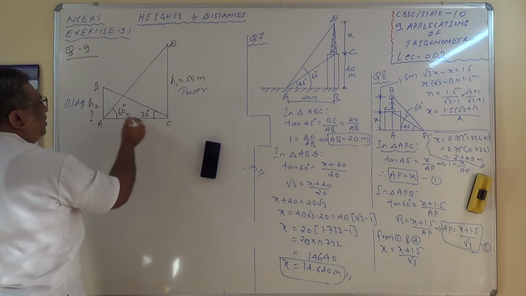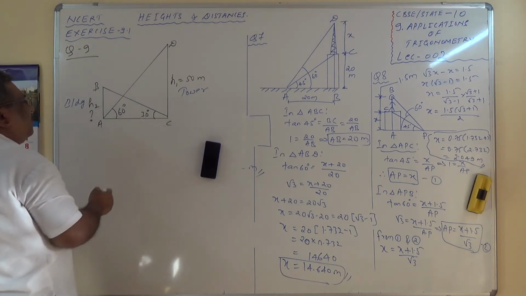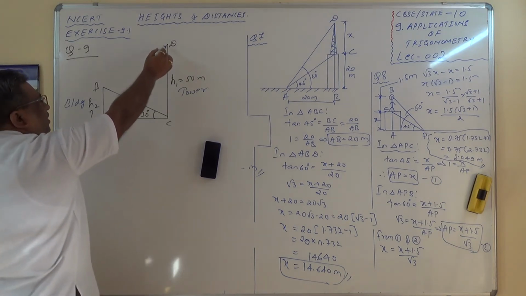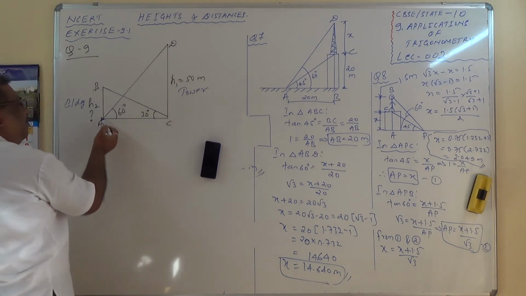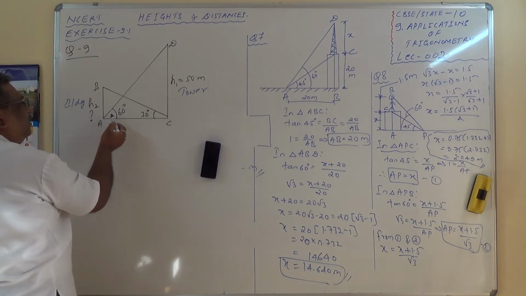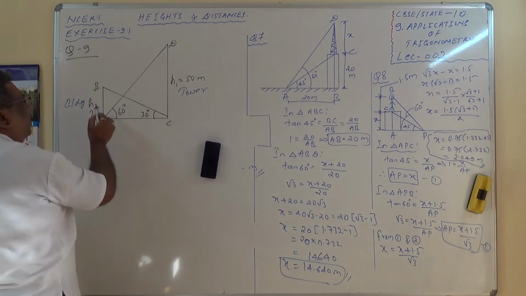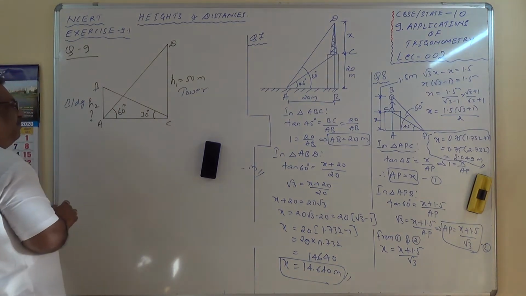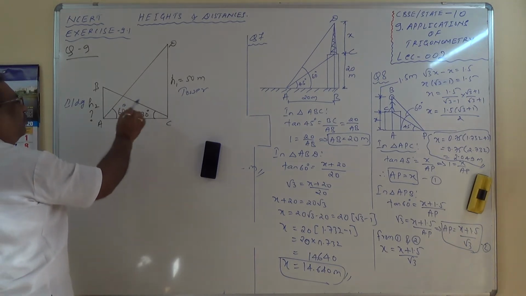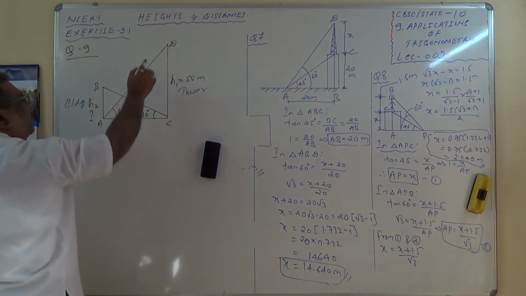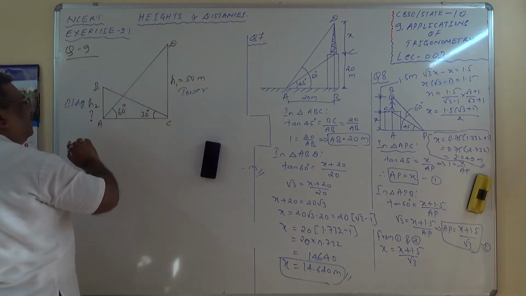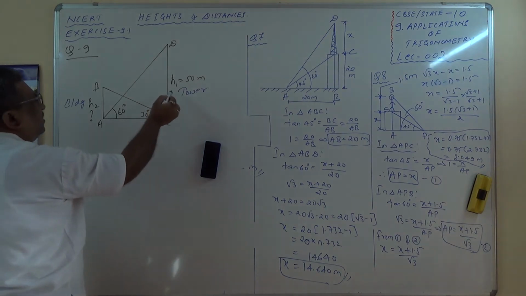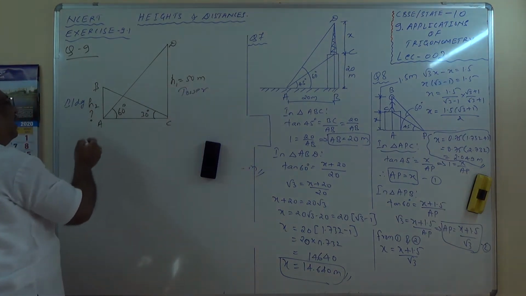So in this triangle, 60 degrees is given. AB is a building, CD is a tower. When we observe the top of the tower from the foot of the building, the angle of elevation is 60 degrees. When we observe the top of the building from the foot of the tower, the angle of elevation is 30 degrees. So these are two opposite situations. In this case, H1 is given as 50 meters. We need to find the height of the building.